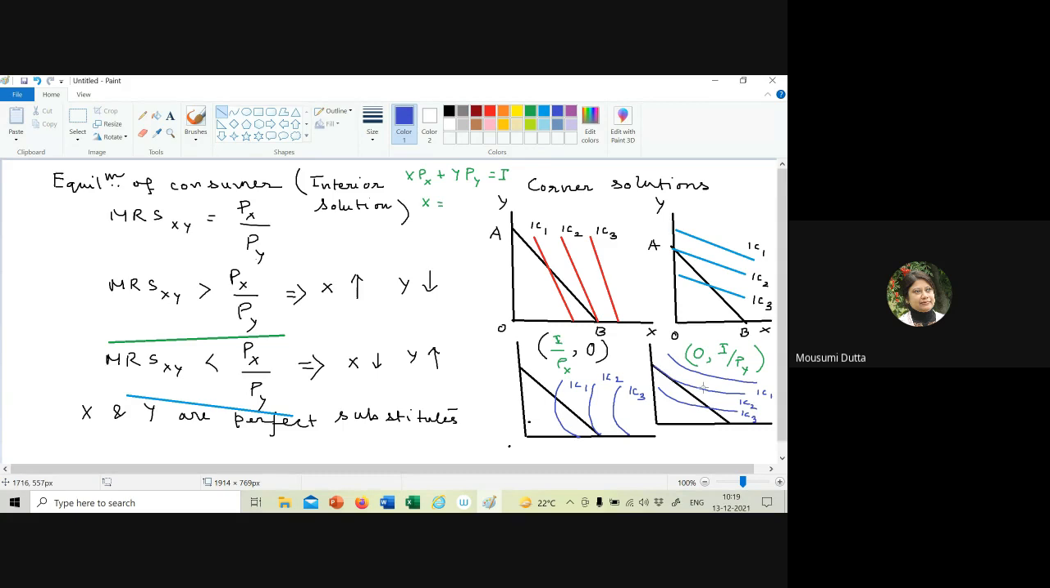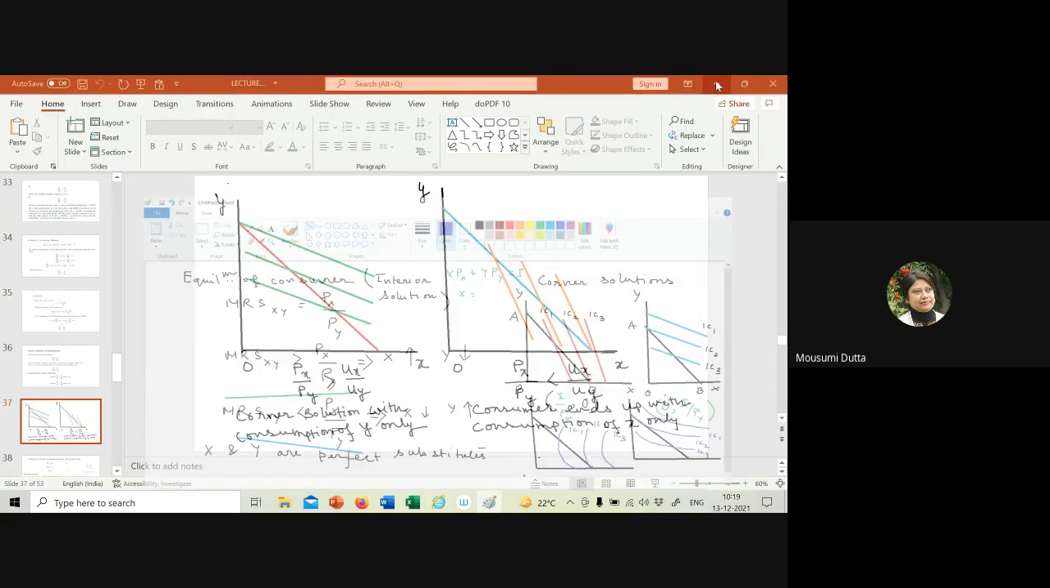The slope of the indifference curve all along the budget line is flatter. Okay, so to have a corner solution, it is not necessary that the commodities should be perfect substitutes of each other. In some other circumstances too, we can have a corner solution or mono-commodity equilibria. Okay, so coming back to our slide,